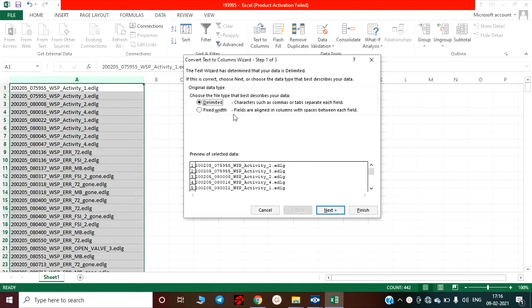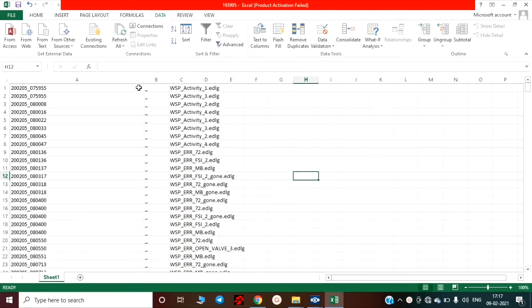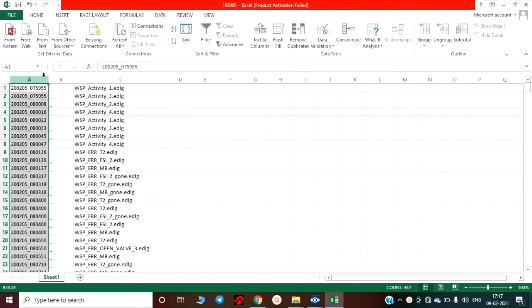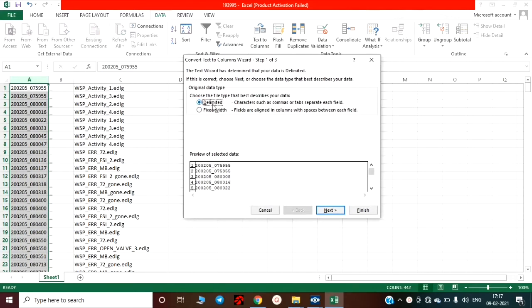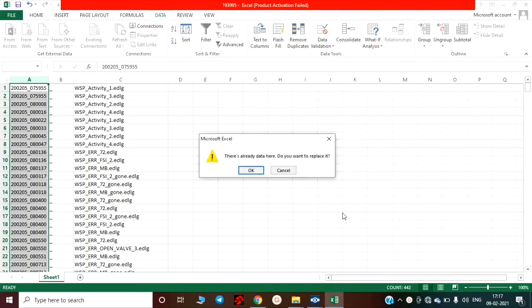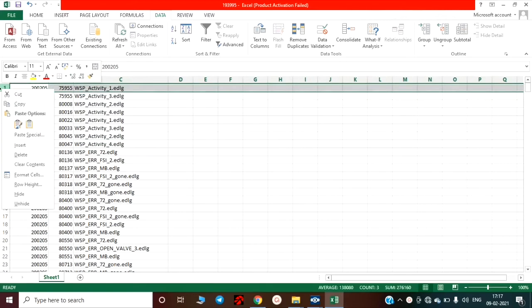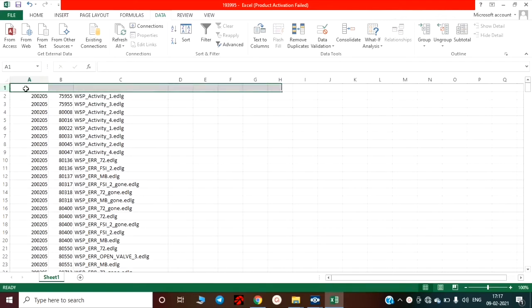We use the fixed width option to separate the file names. It can be seen on the screen. Once a timestamp and event name are separate, we need to separate the date and time. This is done using the text to column function, this time only using the delimited method, keeping underscore as the delimiter. Now once we do this, we have the date, time and event in 3 separate columns, and now we give each of them a corresponding heading so that it is easy to filter the data obtained.